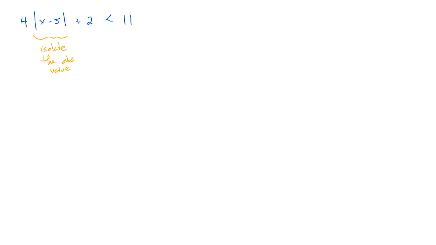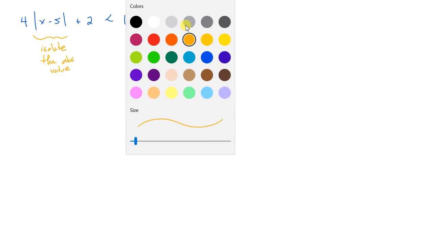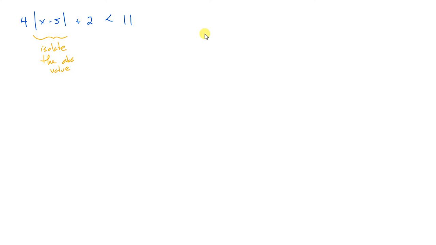First thing I'm going to do is we kind of work in reverse of normal PEMDAS or order of operations. We're going to do the furthest away things first. We want to get rid of that plus 2 first, so I'm going to subtract 2 from both sides. This yields 4 absolute value x minus 5 is less than 11 minus 2